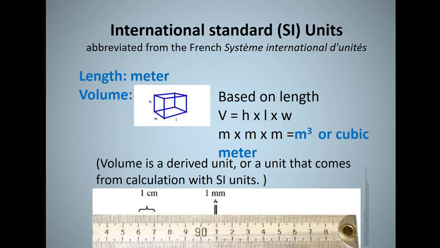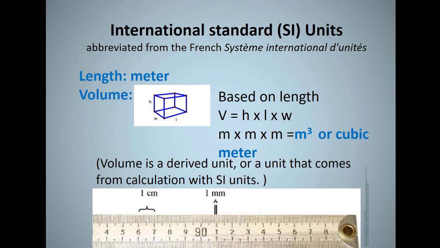So let's talk about International Standard Units. These are called SI units. The reason it's abbreviated that way is because it's abbreviated from the French word. I'm not going to attempt to read that. Oh, maybe I will because it's funny. Système International des Unités. Wow, I do not know French, but it does come from abbreviating the French words